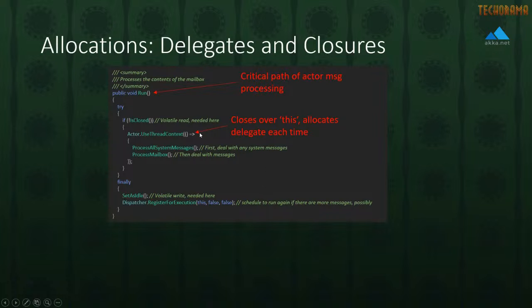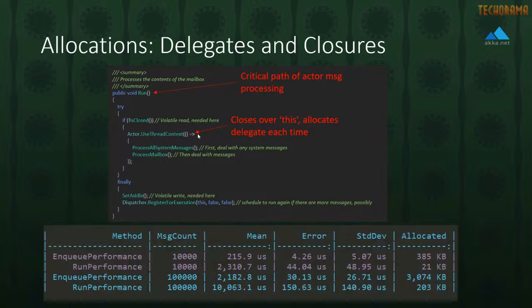So every time you allocate a lambda function like this, we're actually creating an anonymous object that lives on the heap in C#. And that's going to result in a minimum of 32 bytes of allocations. If you perform closures when you write that lambda, that number is going to go up. We're going to allocate more than 32 bytes when we do that. So one thing we can do to try to eliminate a source of allocations here is, well, actually, first we should benchmark it, which we did.